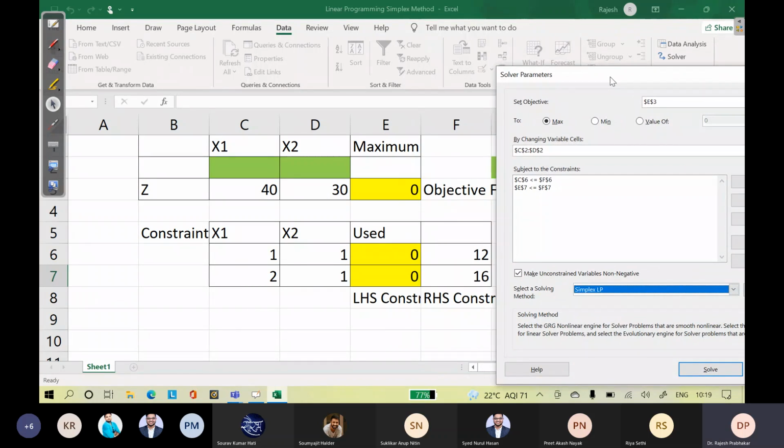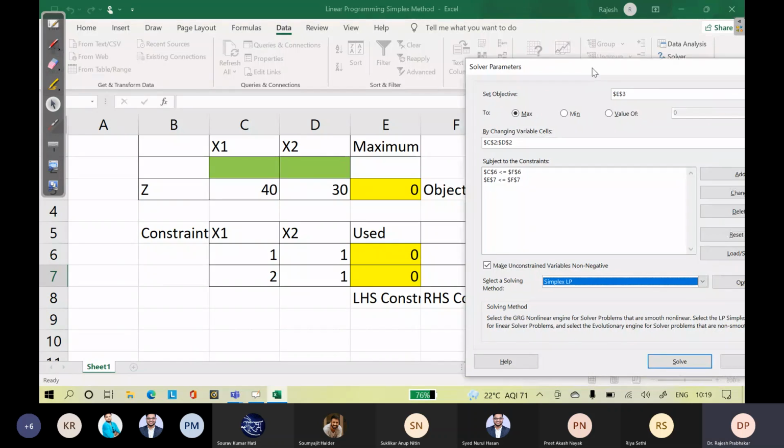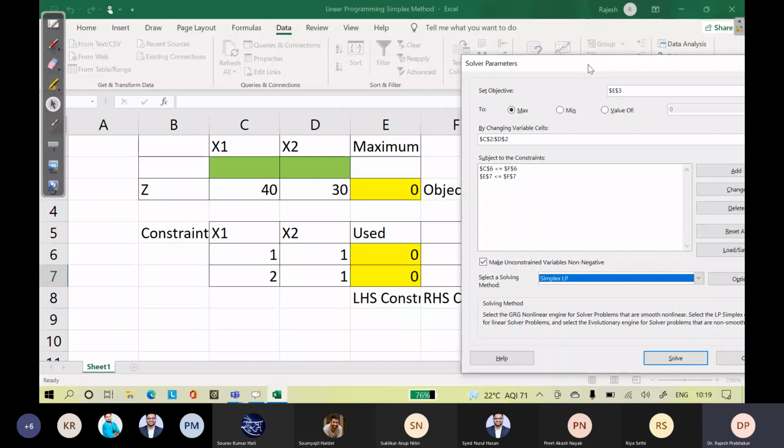Who doesn't have the solver? Which version of Excel are you using? The 2016 version. Then you go to File, in Options you will see Add-ins. Then manage Excel Add-ins, go to, tick mark the Data Analysis ToolPak, and the last one, the Solver Add-in.